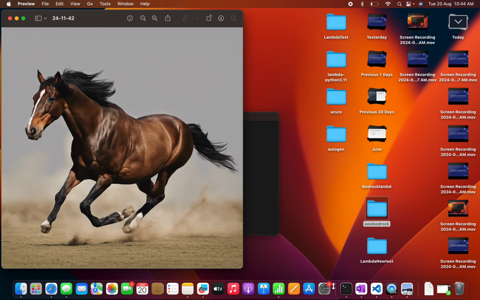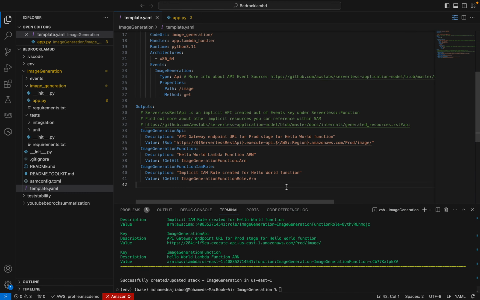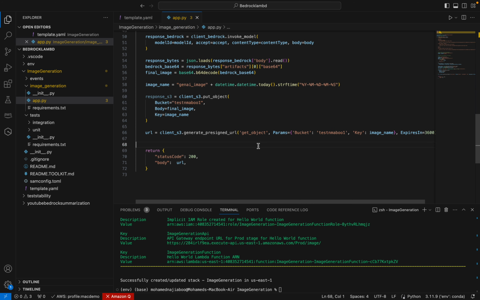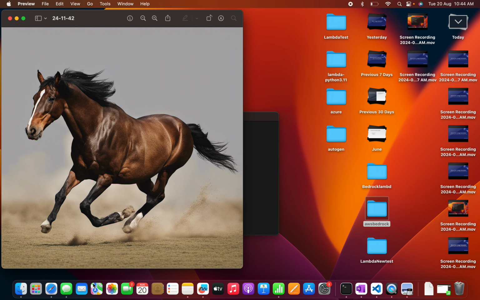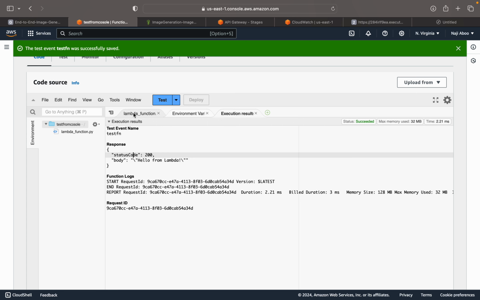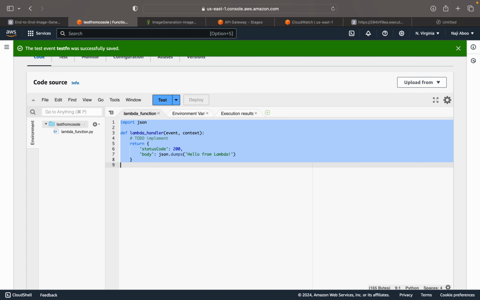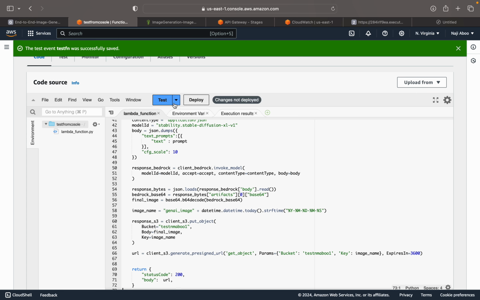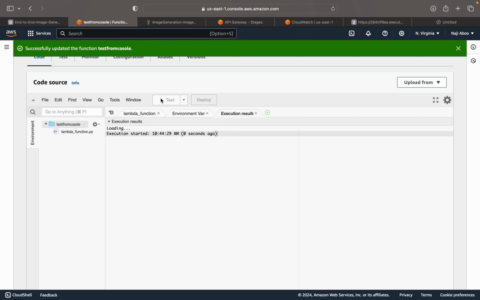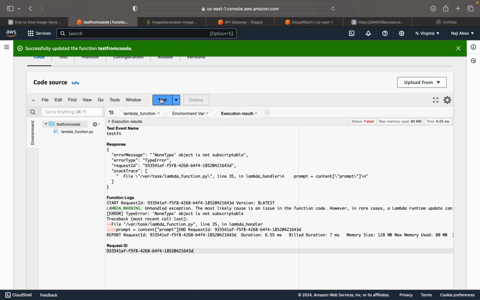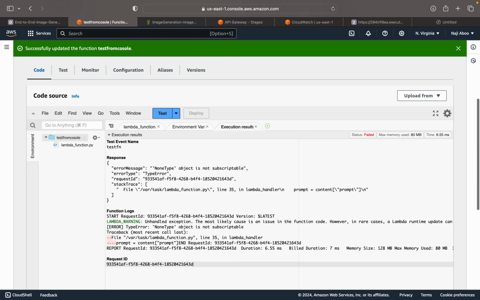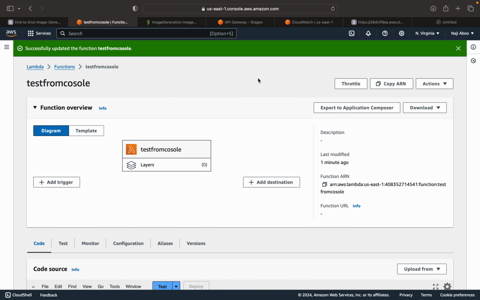Now what we can do, you can write all this code in app.py. Okay, and for the time being, let me copy and paste here to save some time. Okay, now I can deploy it. So deployment is done. We are good. Maybe I can test this also. Testing is in progress, and it says the prompt is missing. That is fine. Okay. So once the AWS Lambda is done, we can go and create an API gateway for